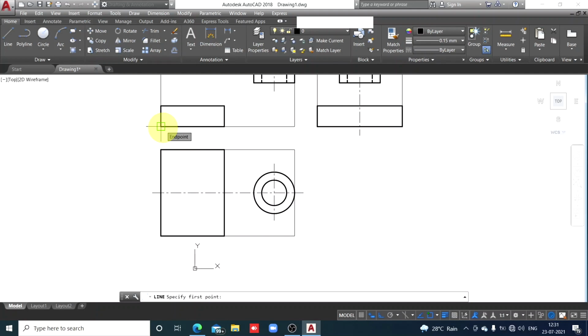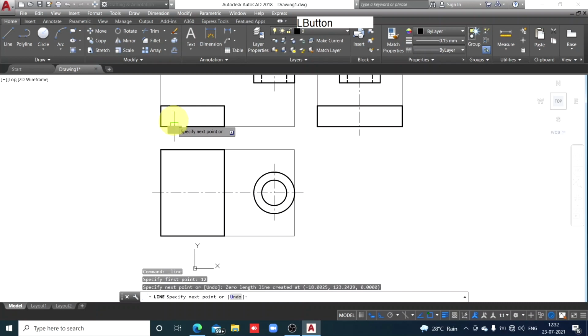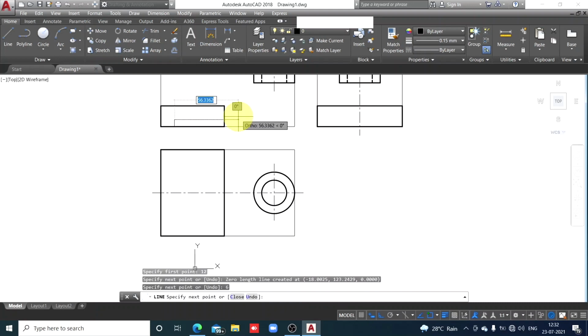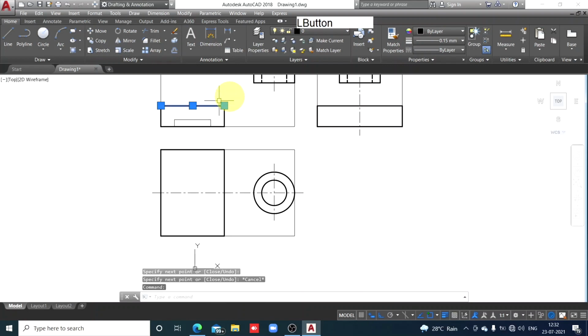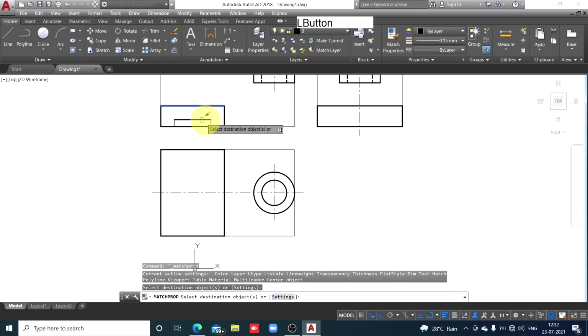Check here, don't click it here, track it, 12, enter. So height 6 millimeters. So here we'll click it, I'll measure height 6 millimeter, enter. Then on the right side 32, enter, and then close the opening. So here is the opening, check, match properties.